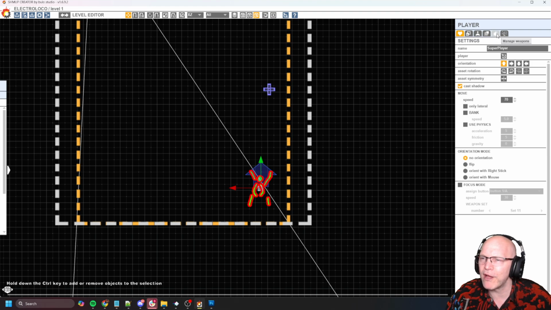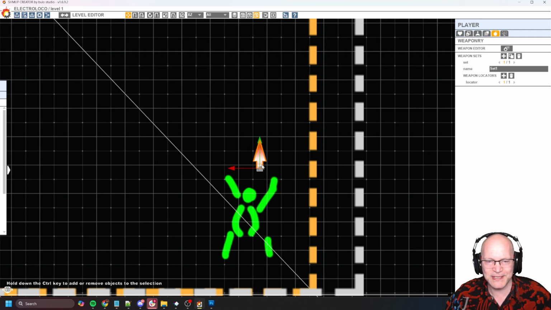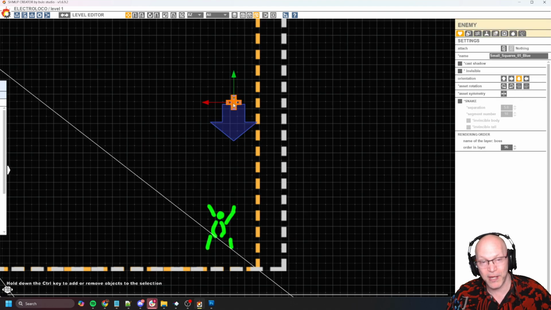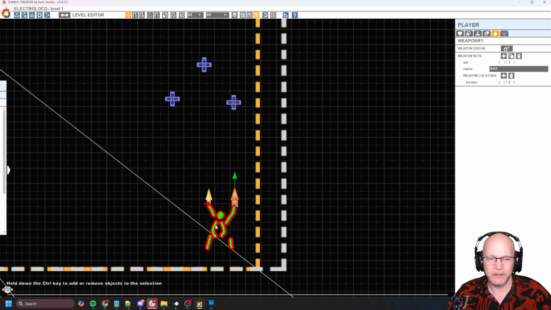So then you want to click on the manage weapons, right? And they're like, oh, look, what's this? This is the weapon indicator. He's going to shoot. Let's have him do double shooting. So if you hold shift in Shmup Creator, you can make a copy of anything you want, except you can't copy players, but you can copy enemies really easily. Shift and then click and hold and drag. And then here, coming back to the player,